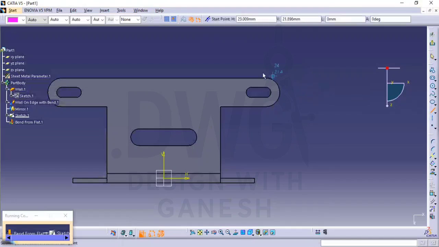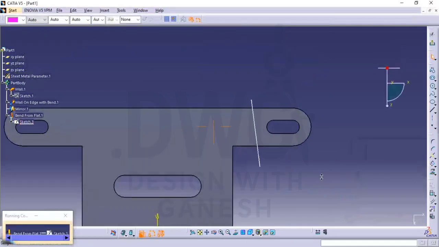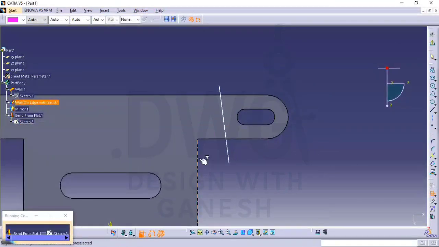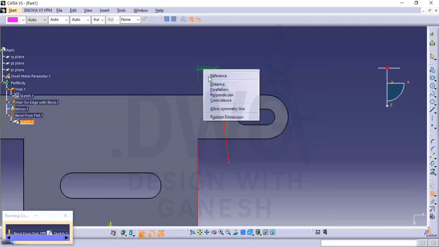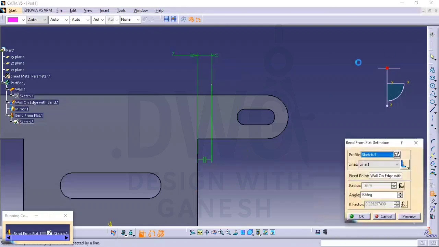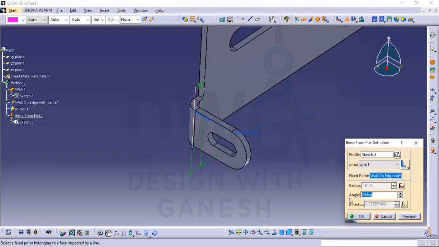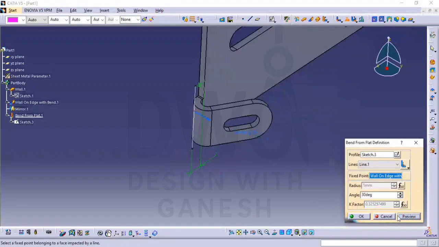Let's make one line randomly, click on exit. Let's see whether it is working or not. On preview, see it is working like that. So let's constrain this line now. From this to this, these two are horizontal, they're parallel to each other, and from here to here it should be a distance of 2 only. Exit, click on preview, want only 30, click on preview, see,